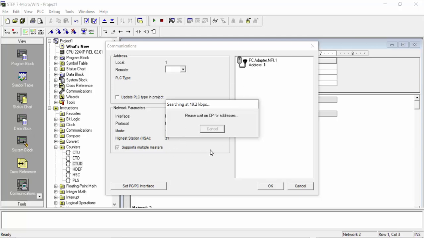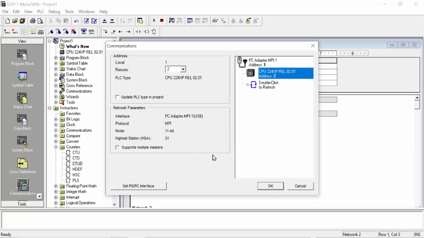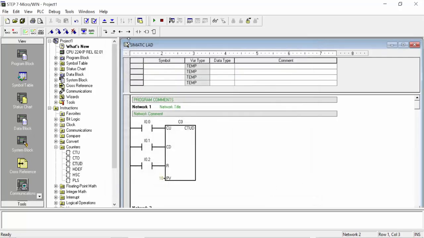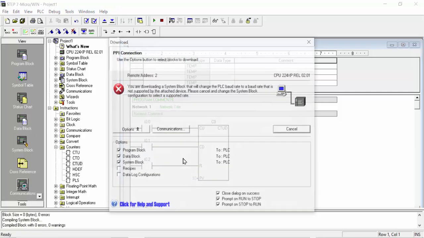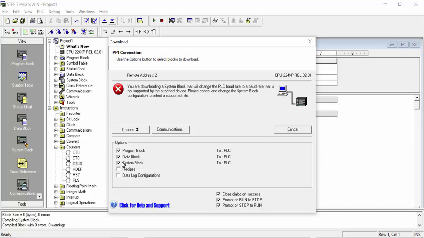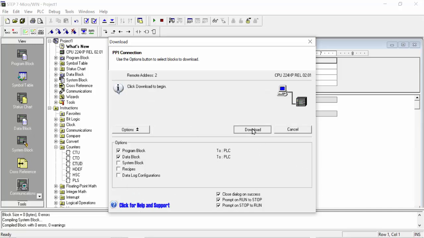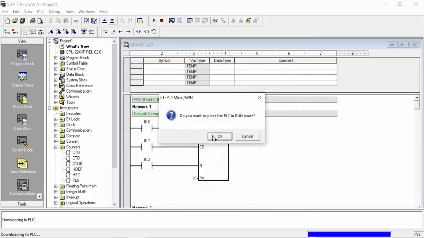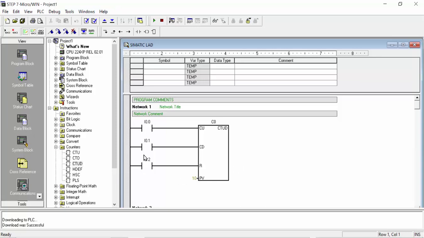So please wait for some seconds. Now our CPU 224XP REL 2.01 is connected, and click OK. And now we can download the program to the PLC. And click download. Our program is successfully downloaded to the PLC, and now we will